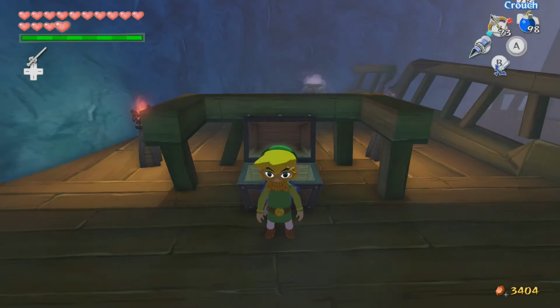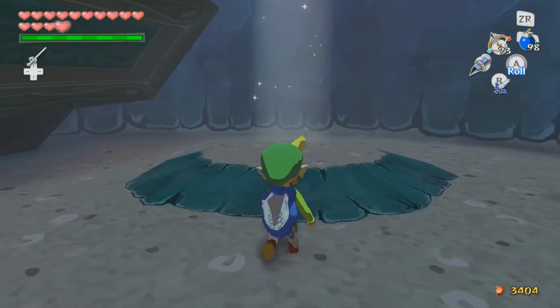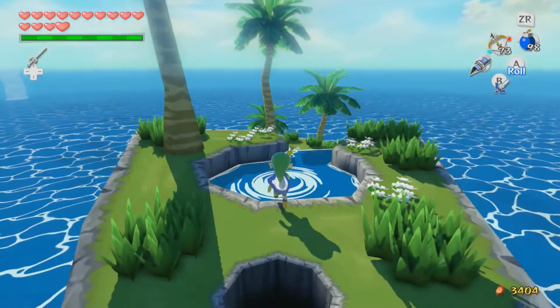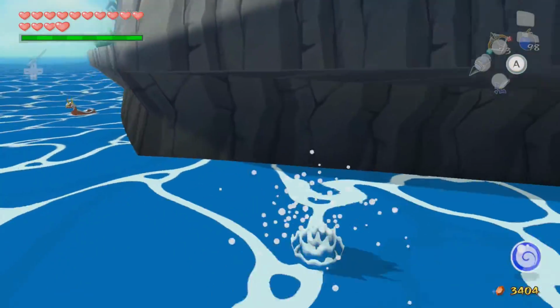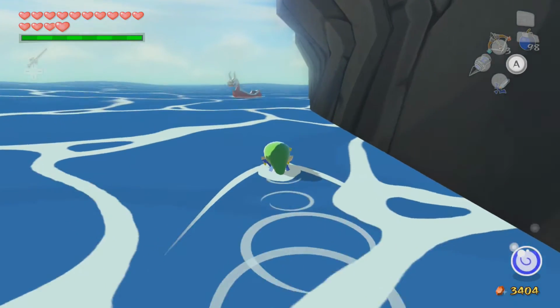But anyway, we now have the ghost ship chart. I had a feeling at first that we were on the ghost ship. I'm thinking, this isn't right. I was going to say that, imagine if, instead of getting the ghost ship chart, we just went straight onto the ghost ship for no reason at all. That would be really funny. So I'm just going to jump into the water here. Wherever the King of Red Lions is, we are going to swim over to him. And then we are going to